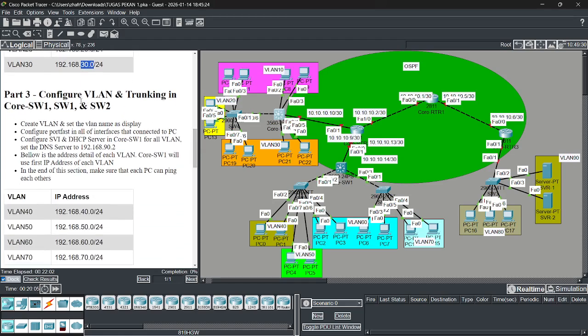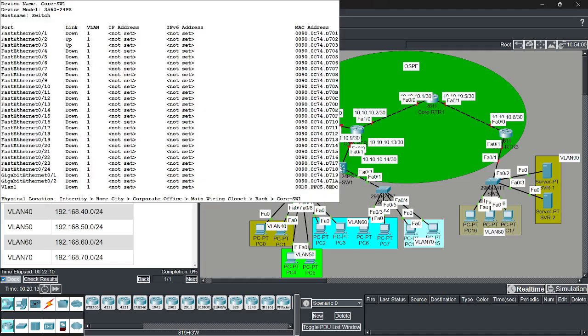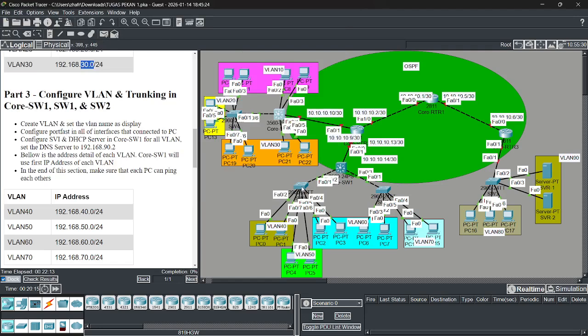Part 3, we configure VLAN and trunking in core switch 1 and switch 2. This is switch 1 and this is switch 2, and we configure this topology. Create the VLANs and set the VLAN names as displayed. Configure port fast on all interfaces connected to PCs. Configure SVI and the DHCP server in core switch 1 for all VLANs. Set the DNS server to